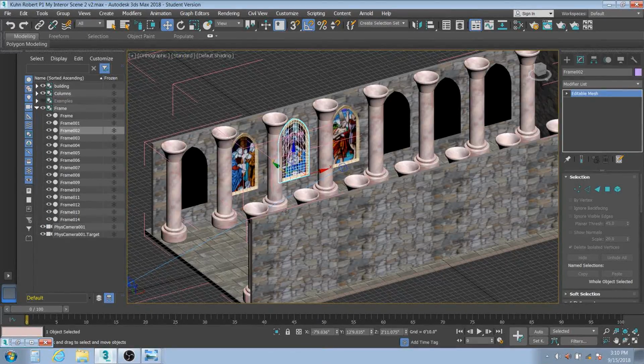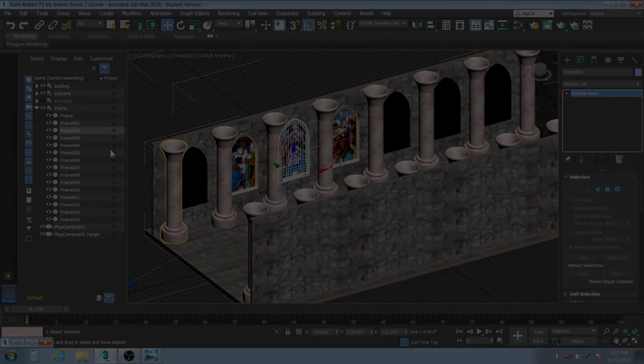Okay, now let's do the pictures. So the first thing that I'm going to do is I'm going to select